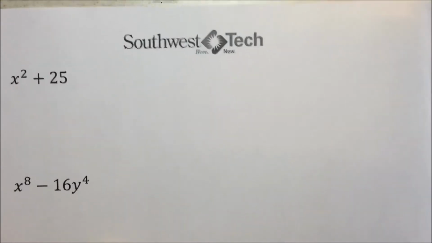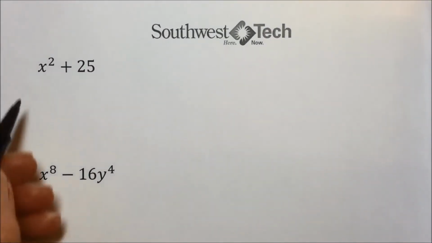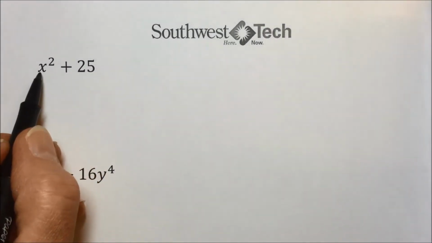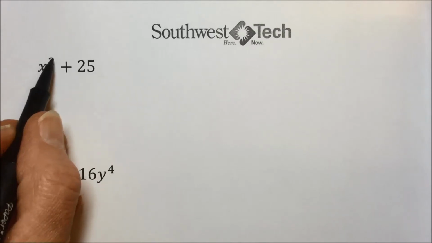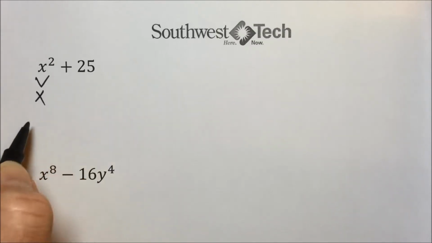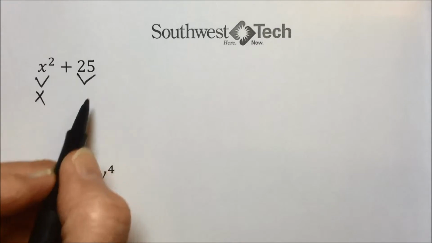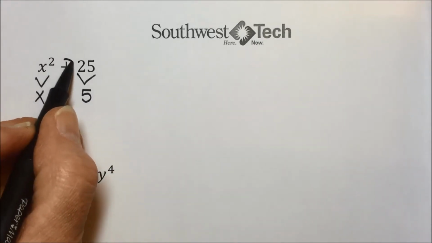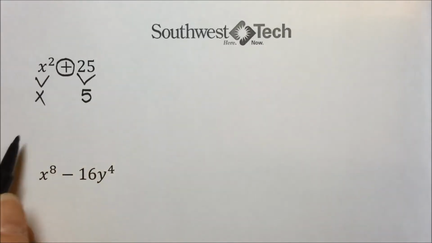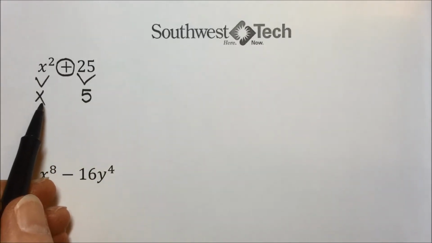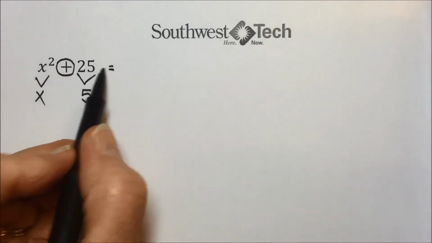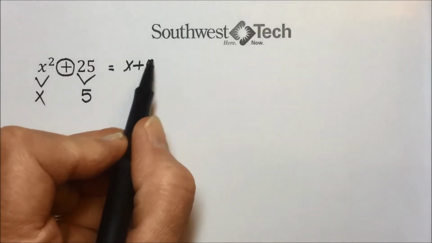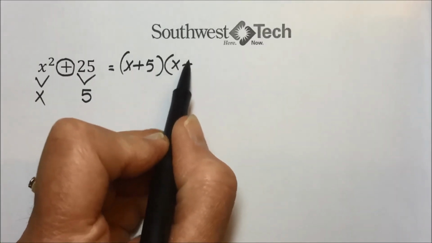In our next example, we have two terms, nothing common other than 1. Perfect square, square root being x. The second term is a perfect square, square root is 5, but we have a plus. This is not factorable. Again, if you're thinking both signs would be the same, just to show you